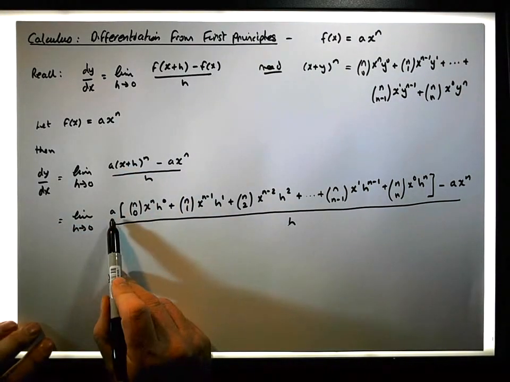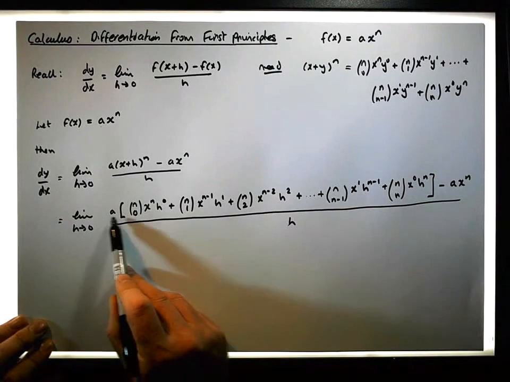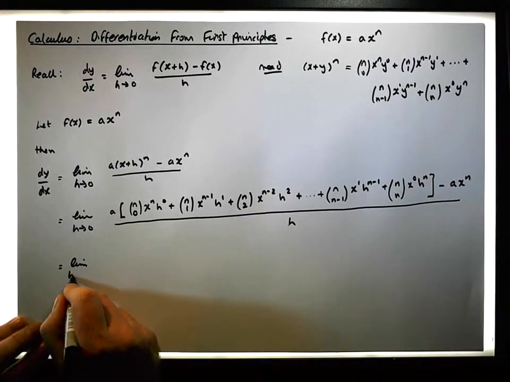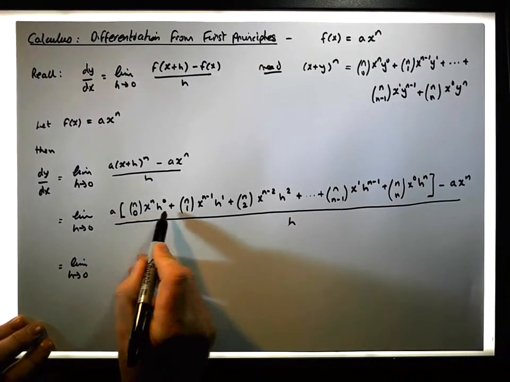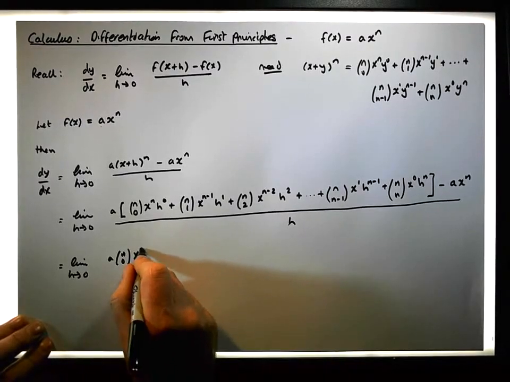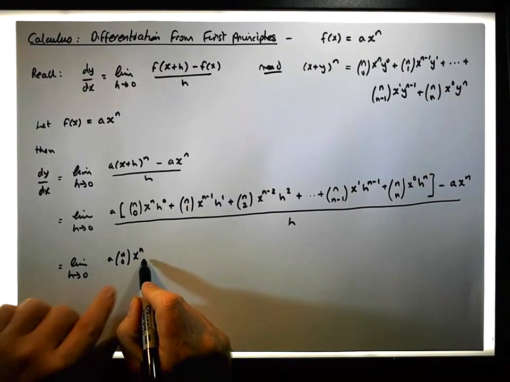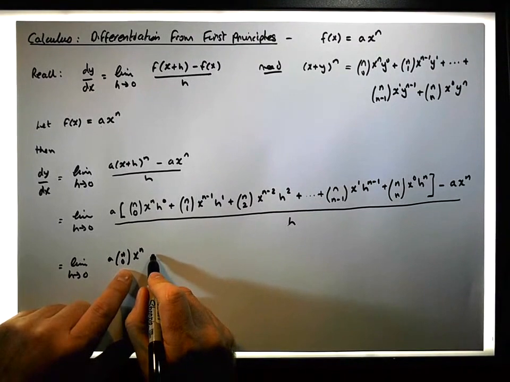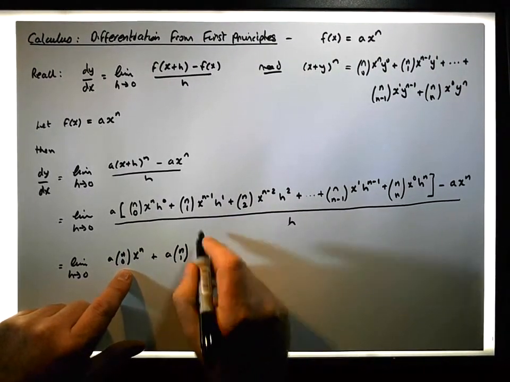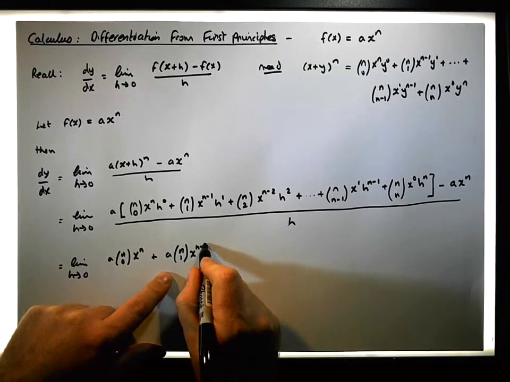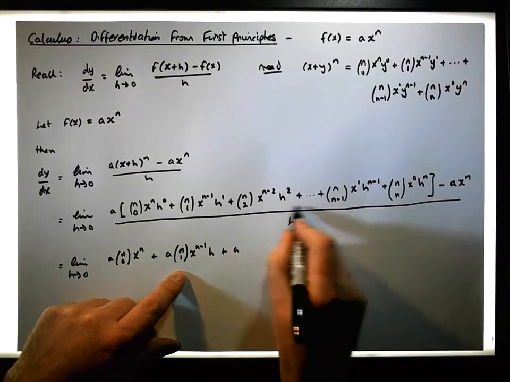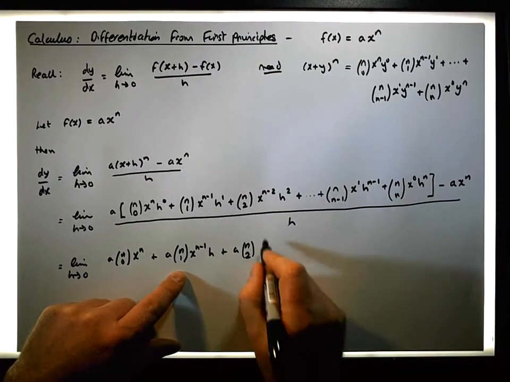So now if we just multiply in by a here, this becomes equal to the limit as h tends to 0 of a times the first term, which gives us a times nC0 times x to the n. H to the 0 is just equal to 1, so we can lose the h to the 0, plus a times the second term, so it's a times nC1 times x to the power of n minus 1. H to the 1 is just h, plus a times the third term, nC2 times x to the power of n minus 2 times h squared,